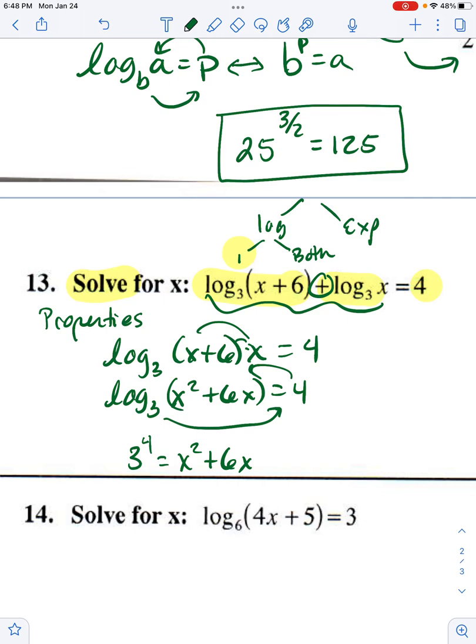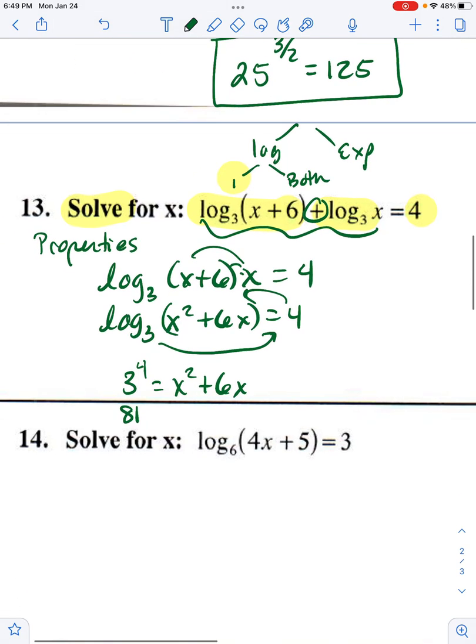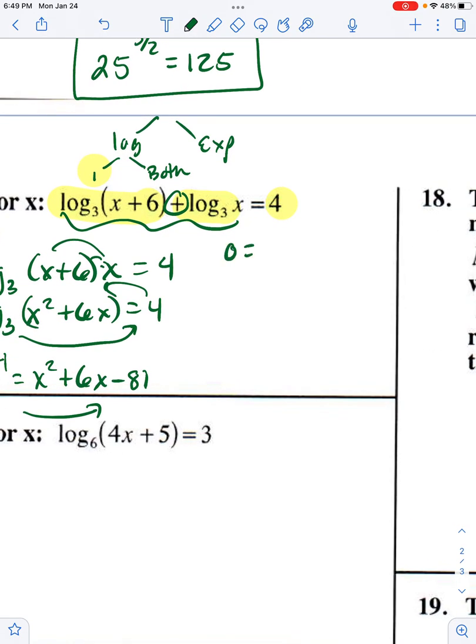All right. Now, that 3 to the 4th is going to be 81. And when I move it over, because you can't solve a quadratic if it's equal to 81, you have to have it equal to 0. So I'm going to move this over by subtraction. And now I have no good news for you. Most people in class that kind of remembered this or looked it up got this far and then they couldn't solve it. Well, keep in mind that if something's not factorable like this, you have to go back to identifying your A, B, and C values